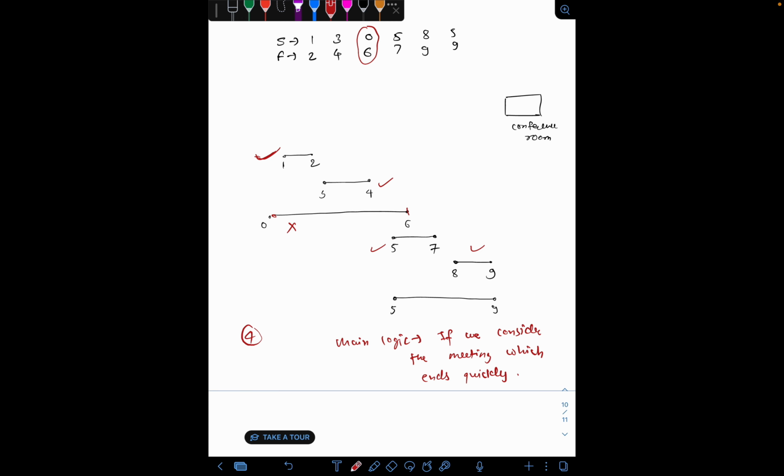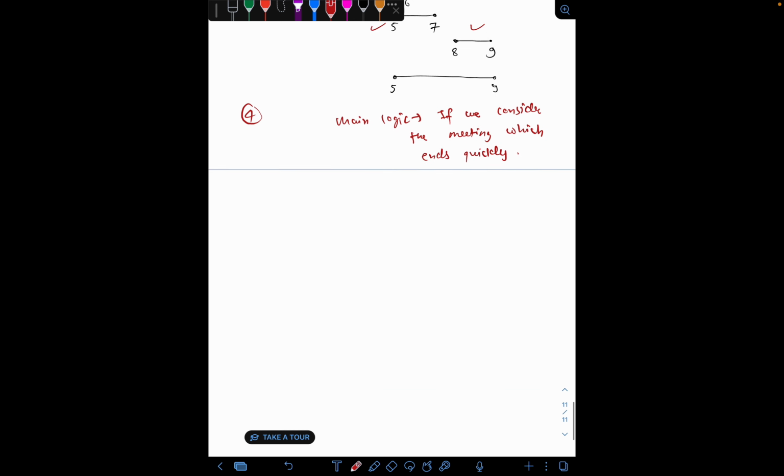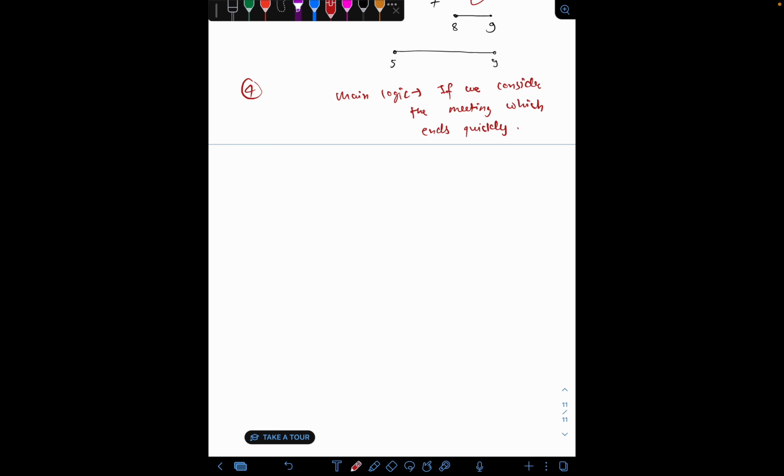This is the logic behind it. In this case the finish time is already sorted: 2 4 6 7 9 9. The idea here is that we need the finish times sorted so that we know which meeting is ending first.